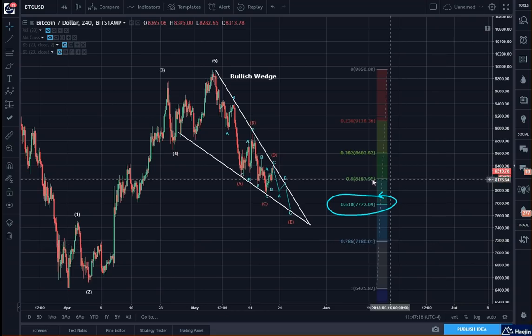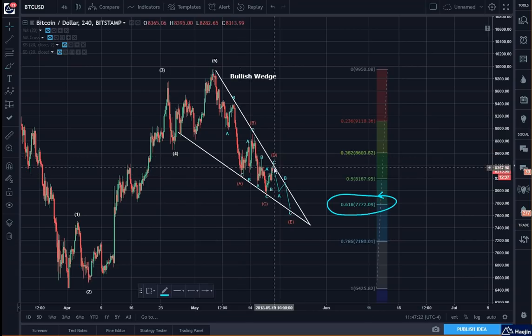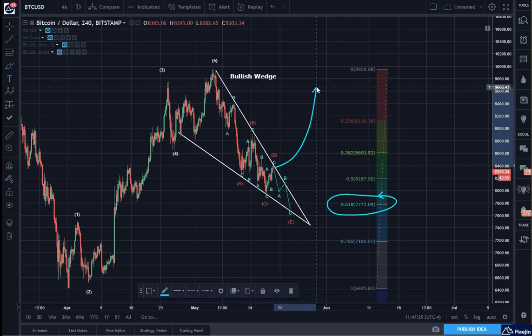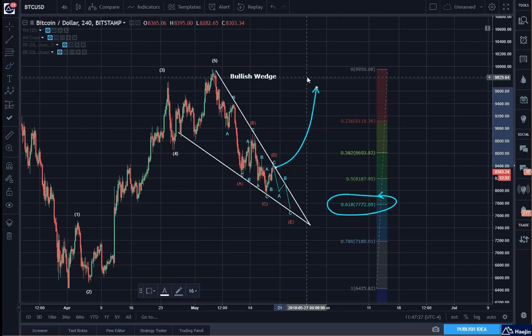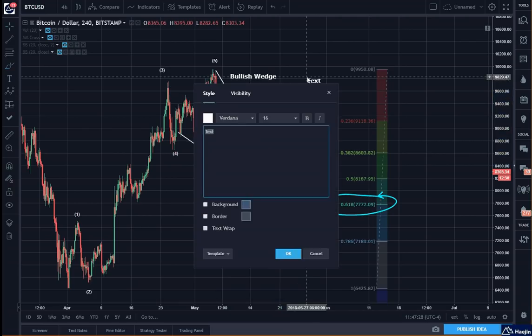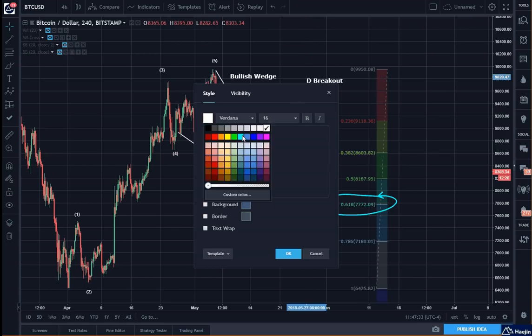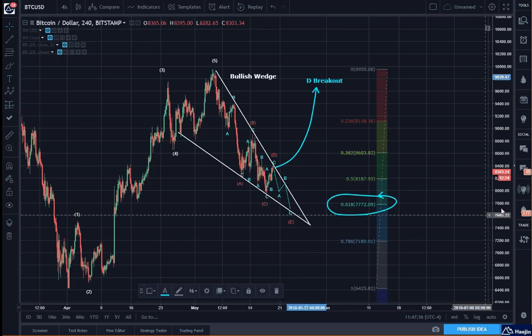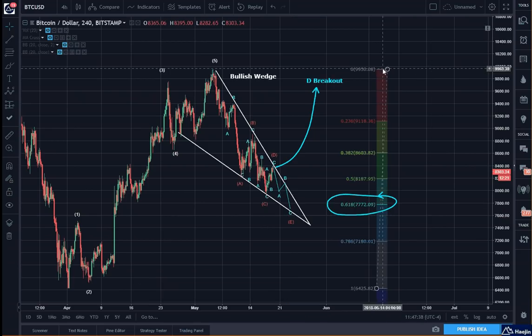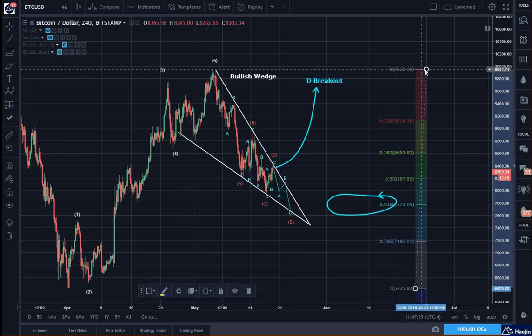So what I'm saying is just because it's a triangle doesn't mean it has to have A, B, C, D, E. This can break out at the D. So if it breaks out at the D,